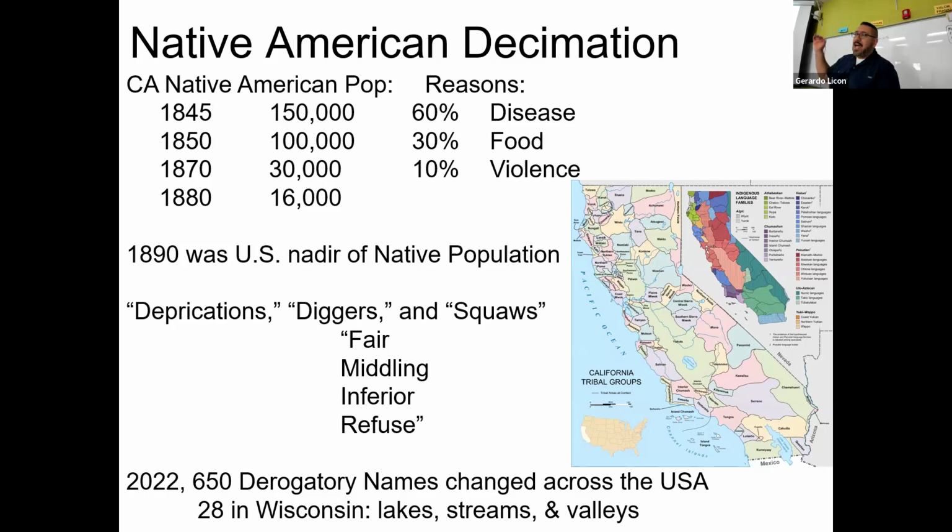And they even had this category system where if they were asking top price for a woman, they would refer to them as fair. If they were not quite fair, they were middling. If they were not middling, they were inferior. And if they were categorized by their seller as the bottom, the lowest category of women, they would call them refuse. And so one of the ways this is documented is from the ads that people would put in newspapers, selling them to each other.